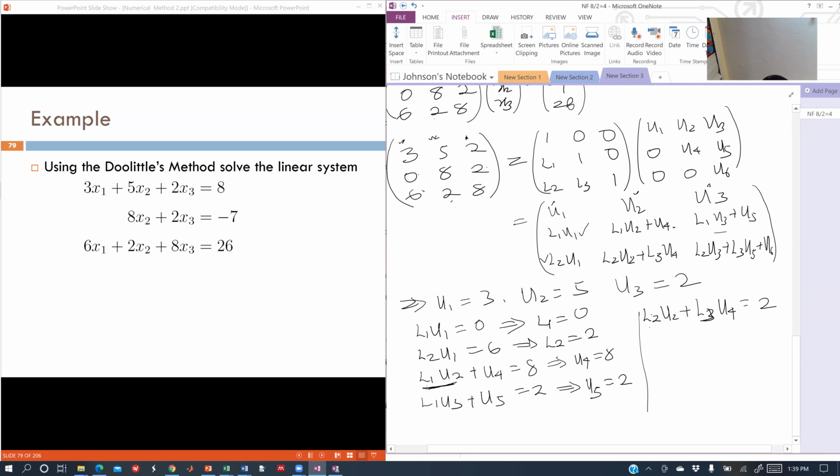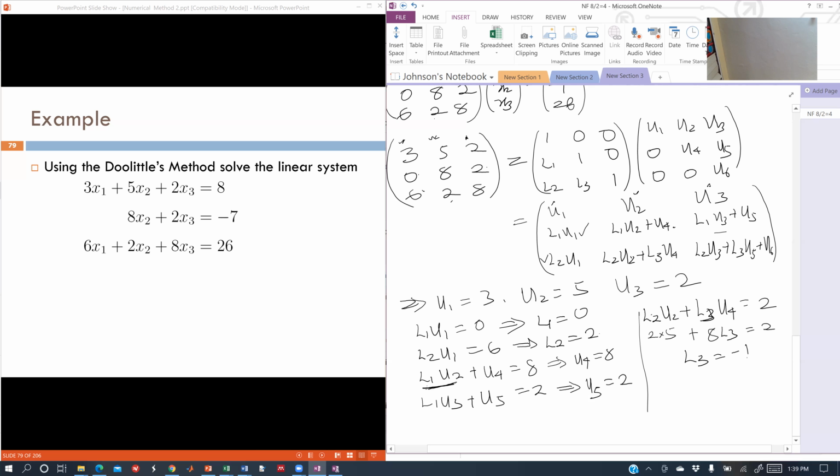I have L2, which is 2, I have U2, which is 5, plus I have U4, which is 8, so 8 L3 is equal to 2. So this is 10. Going to that place gives me negative 8 divided by 8, and my L3 is negative